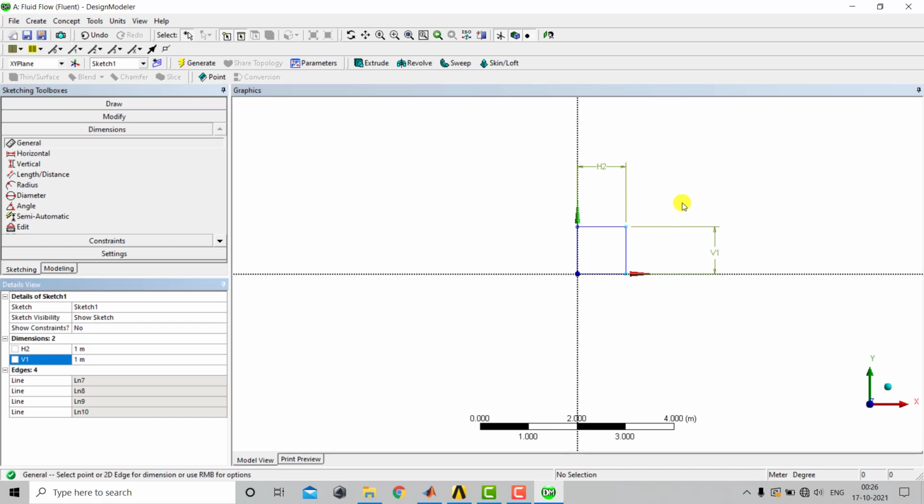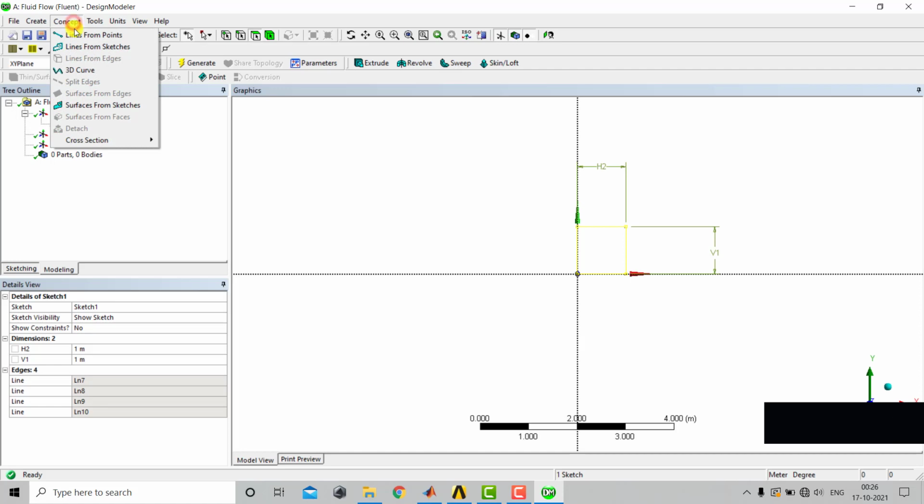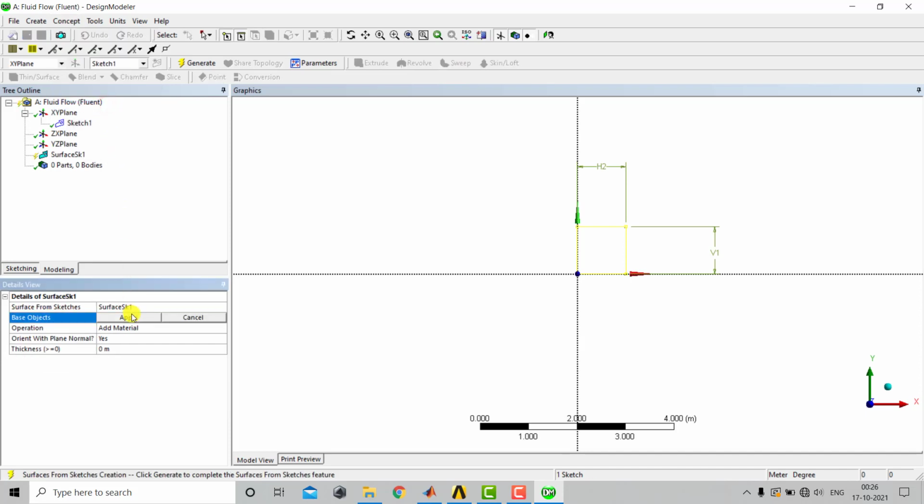After creating this domain, we have to convert it into a surface, and for that we'll go to Modeling and select this sketch. Now we'll go to Concept and select Surfaces From Sketches. It will create a 2D domain, and in the third direction the thickness will be 0. Select Apply.